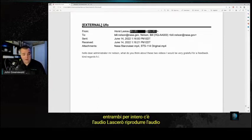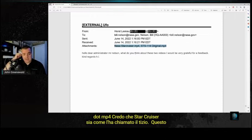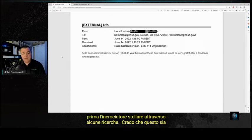There is audio. I'm going to let the audio play. You'll see here the two attachments, NASA Star Cruiser .mp4. I believe Star Cruiser is what the guy named it, this Horst Leskow. And then STS-114 original. I'm going to play the Star Cruiser one first. Through some research, I believe this is STS-120. At least the reason why I believe that is in his email to Podesta, he labeled it as such, but